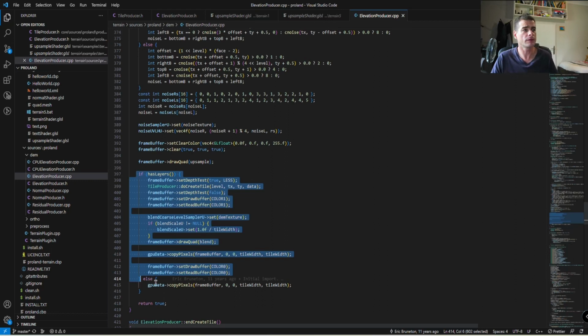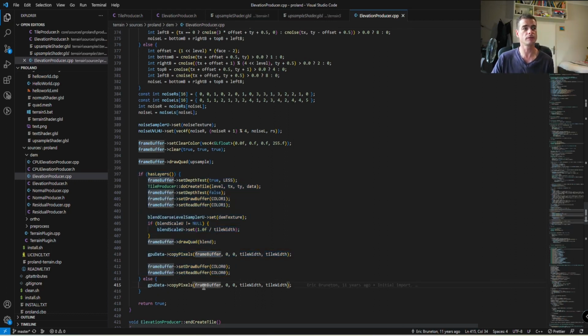And then when you're done with that, what you do is you copy the content of your frame buffer, so what you have rendered on your target, into your destination texture, if you want. Yeah, pretty tricky. Okay, so